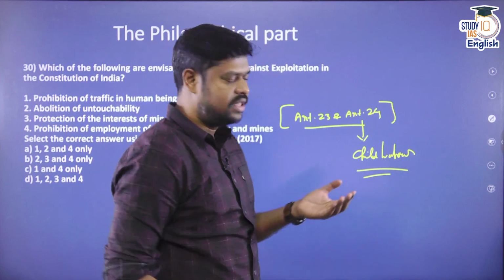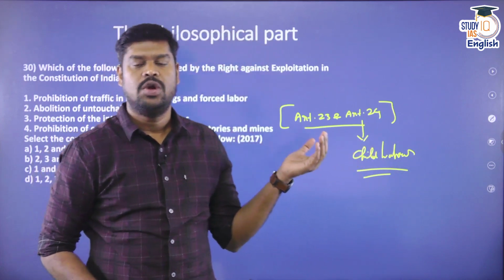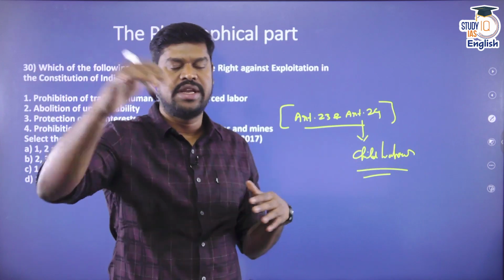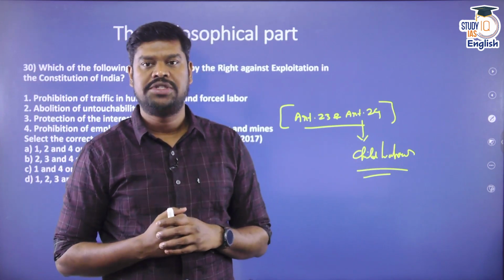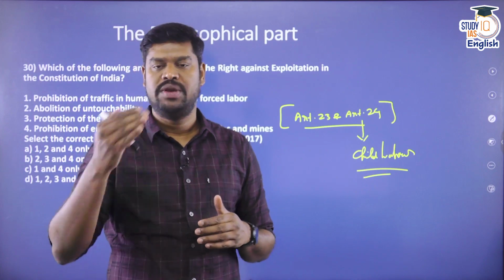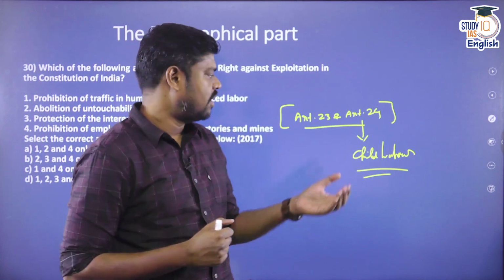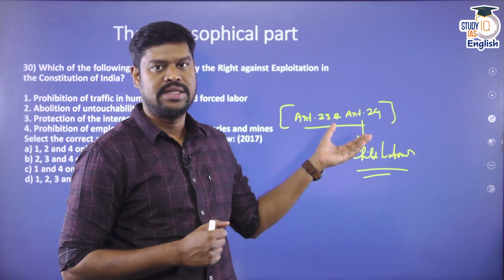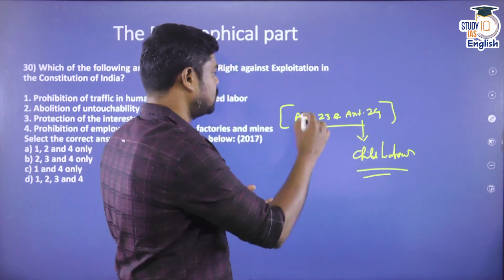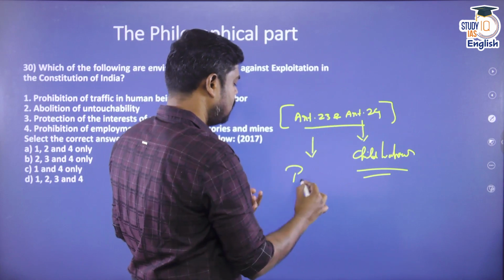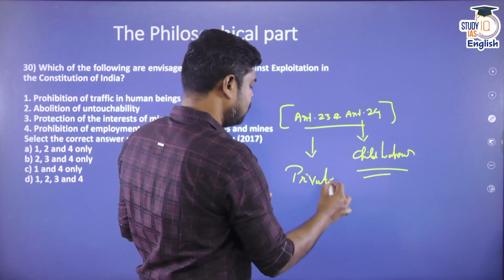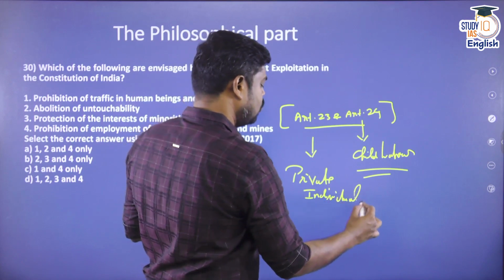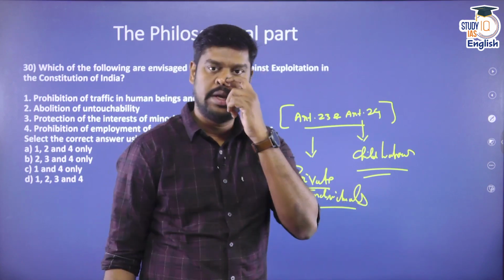What is unique about these fundamental rights? Please understand. Most of the fundamental rights under the Constitution are only against the state. That means the state shall not do anything that would be violative of the fundamental right. However, these fundamental rights are a little exceptional, in that they are not only against the action of the state, but also against the action of private individuals. So neither the state nor private individuals shall engage in the violation of these rights. In that case also, the remedy may be guaranteed to the individuals.